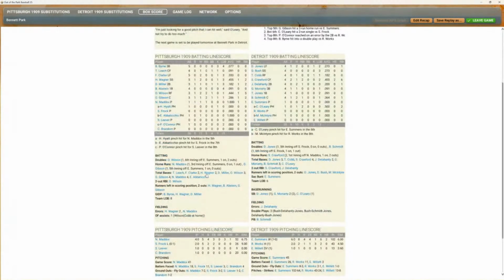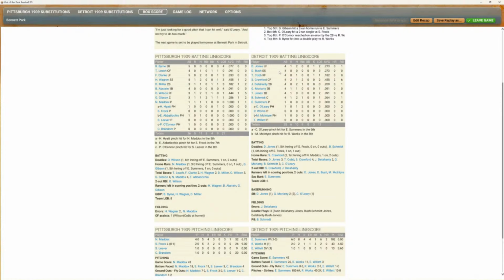You also had Nick Maddox, the pitcher, 1 for 1 with a solo homer. You had 8 men left on base. Pittsburgh had their chances. And remember some of the nice plays out there in the outfield by Wilson, and I believe it was Clark throwing runners out. What could have been.